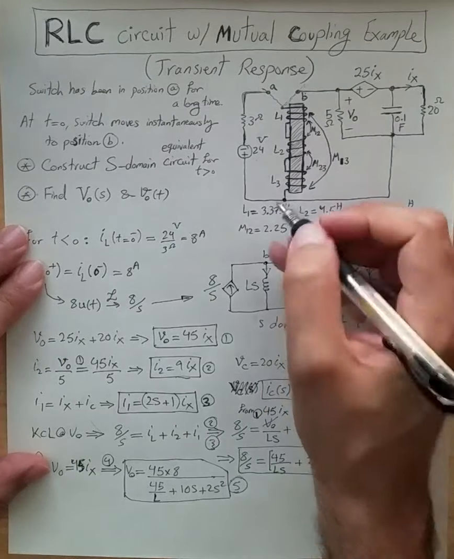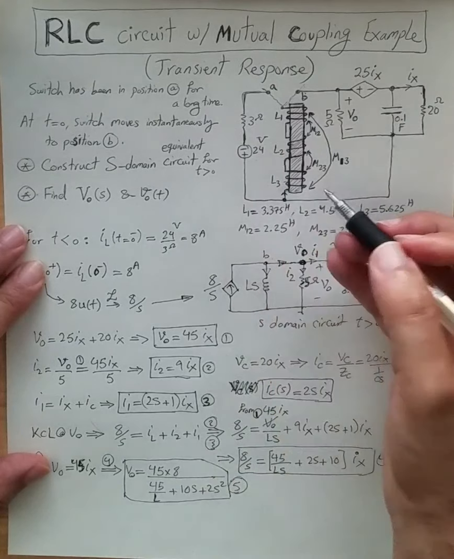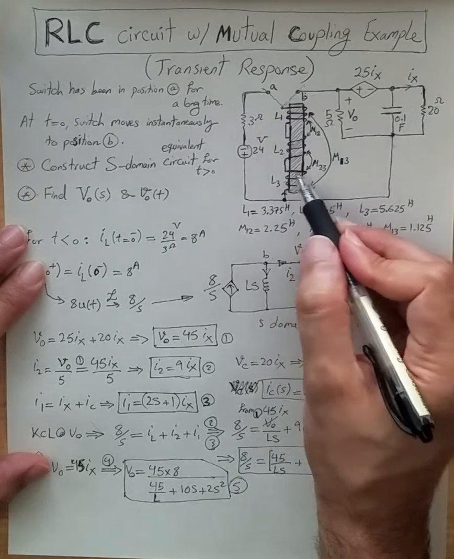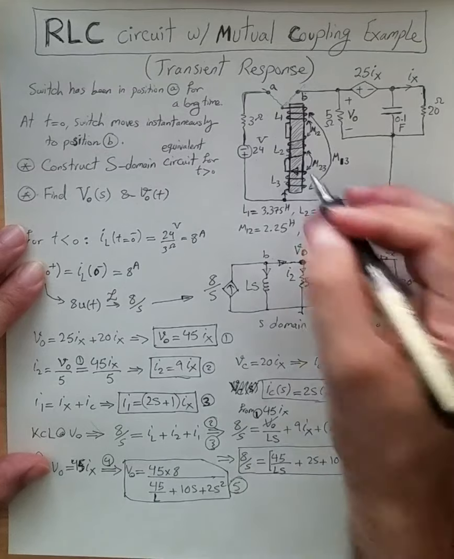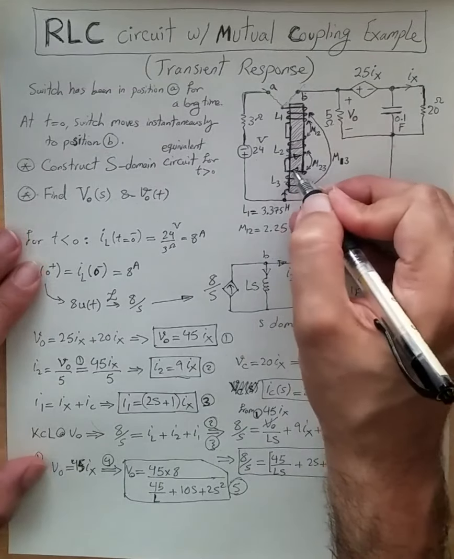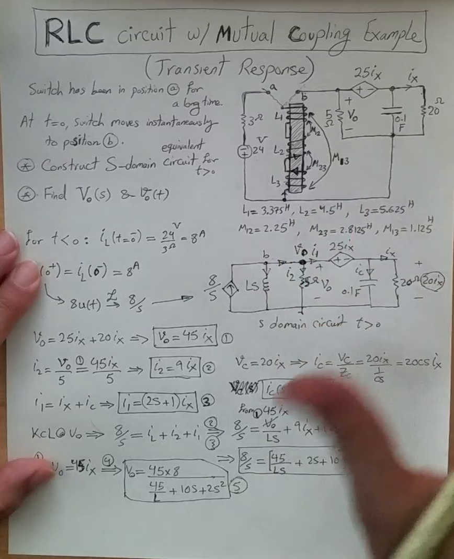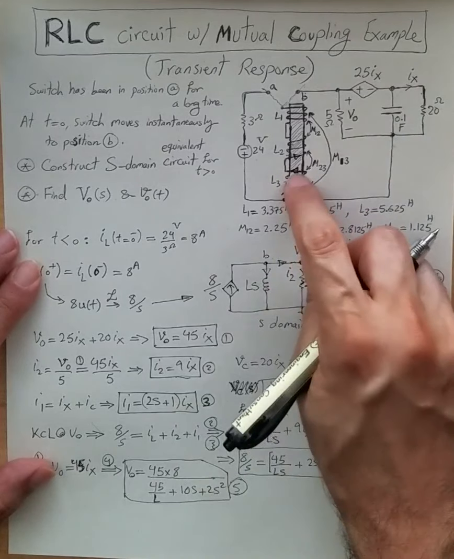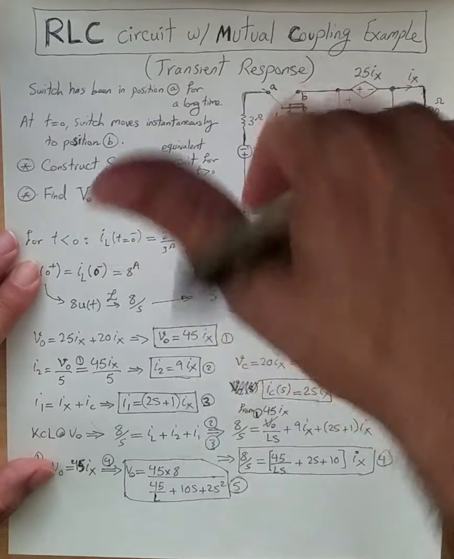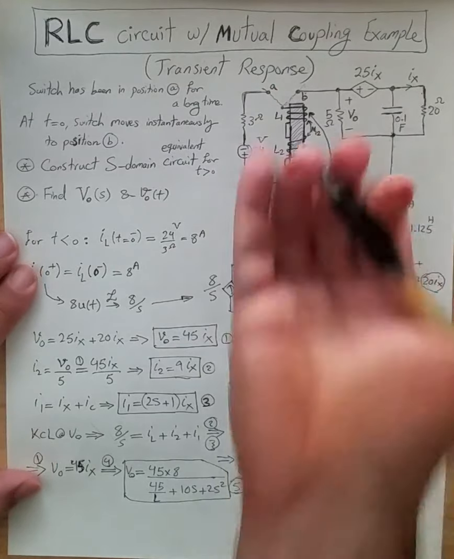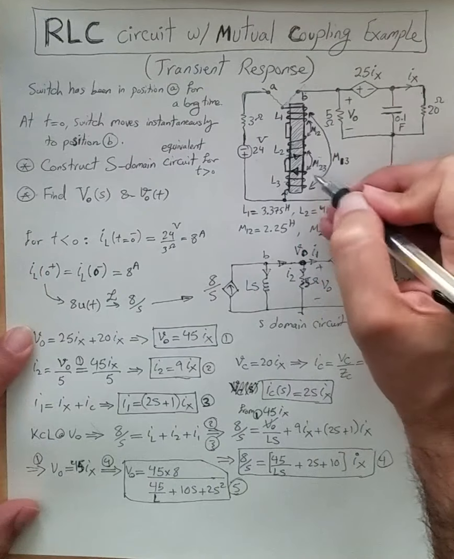Now this L, we need to find the equivalent inductance for this very large inductor. The nice thing is we just need to follow the current. So this current is going into this inductor this way, and it continues, and then we can see that the current is coming out this way, and the current is going back this way. So when current is going from right to left on top of this bar, the magnetic field it creates would be toward inside this iron bar, and then for the other one it is the other way. So these two, L2 and L3, are counteracting each other, so the effect of mutual inductance between them, M23,